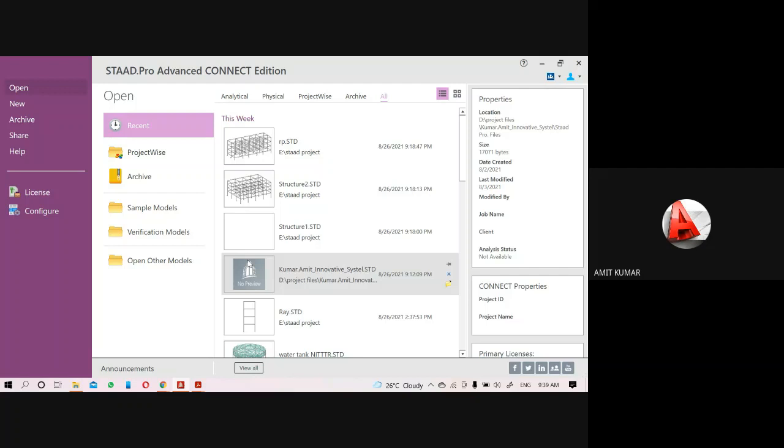To check this response we have to give the definition first, and we also have to provide the damping ratio and response reduction factors, because if you don't provide the damping ratio, this response will be infinite.